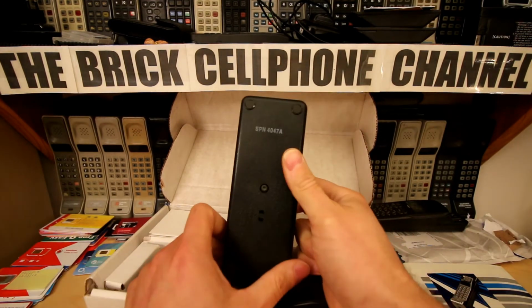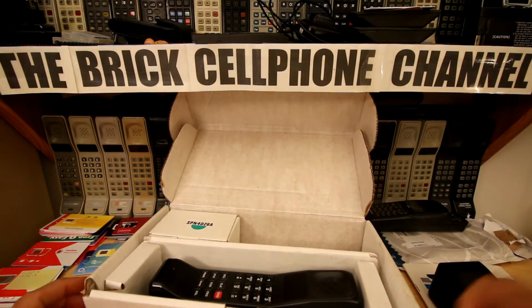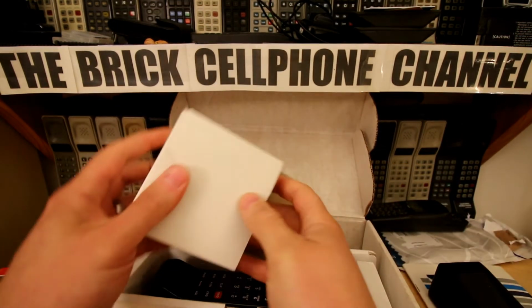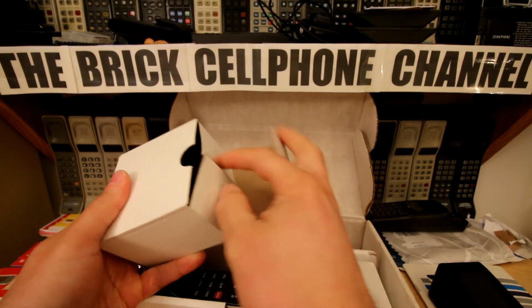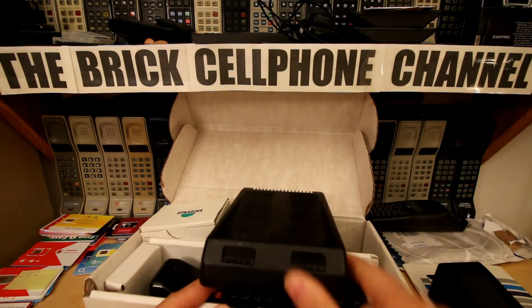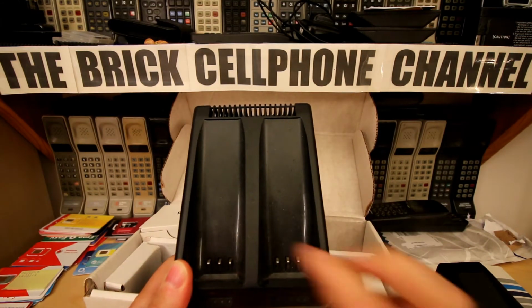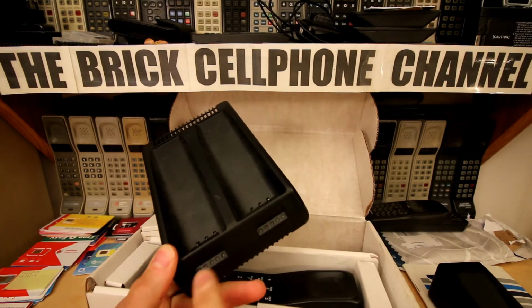Not sure if this is the overnight or not, because I don't know this particular reference to Motorola. But you've got, obviously, the matching wall charger. This is 3-pin, obviously, because it's out of the UK, and that will plug straight into the desktop cradle. If you're a fancy guy like me, back in those days, you had the dual one, and this obviously was for 2 phones or 2 batteries, or 1 phone and 1 battery simultaneously,